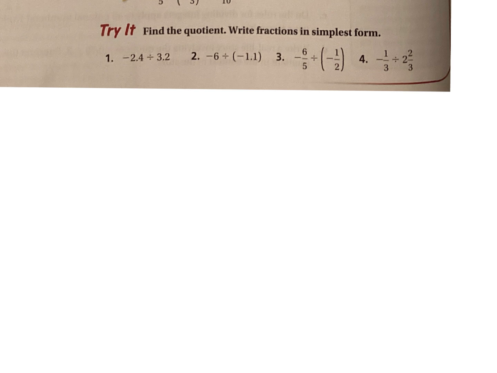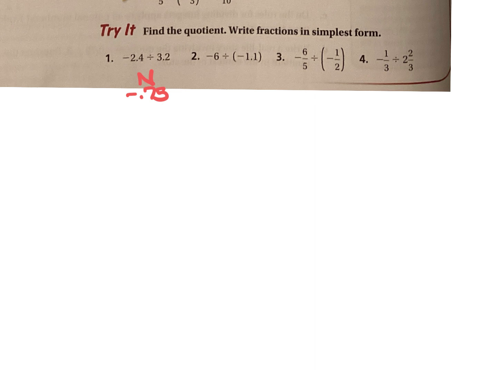Now, number 1, I know I have a negative divided by a positive, so I know that it's going to be a negative in the outcome. So I could just on my calculator do 2.4 divided by 3.2, and that gets me a negative 0.75. But I want you to know how to do it